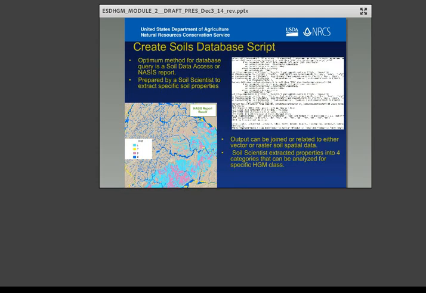The optimum solution or process to do more advanced queries would be to have a soil scientist prepare a script that's going to search down into all the different tables of soil properties, and then have the script produce an output report that would have a proper relationship that we could join this data to our map unit polygons, and be able to have a really good query built for the different kinds of soil properties that would